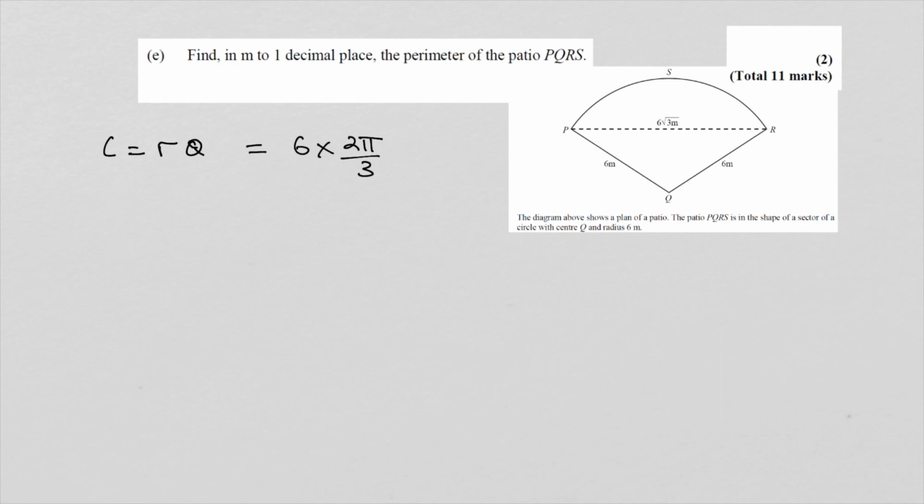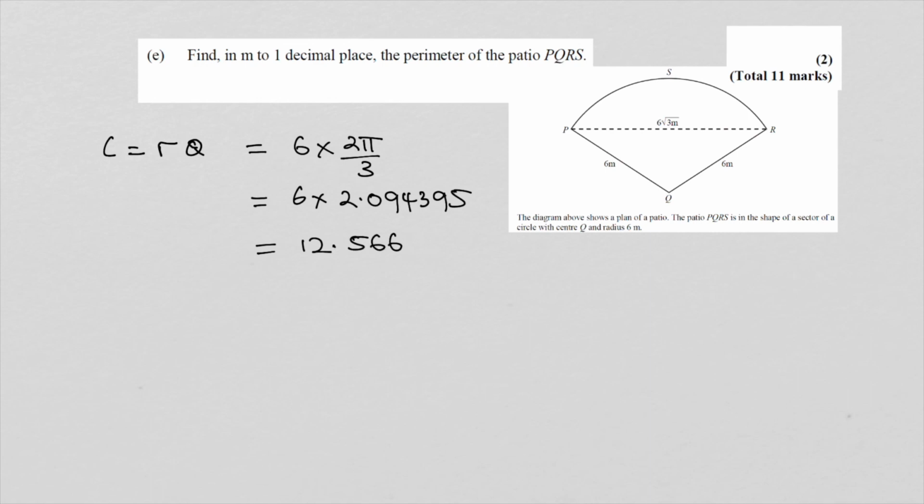Now 2 pi over 3, that's 2 times shift times 10 to the power x will give you pi, divided by 3, you get 2.094. So that will be 6 times 2.0943. If you times it by 6, you get